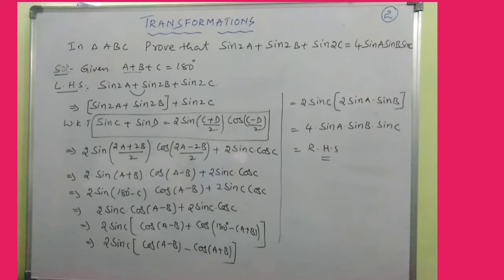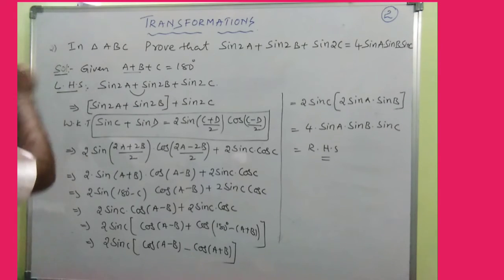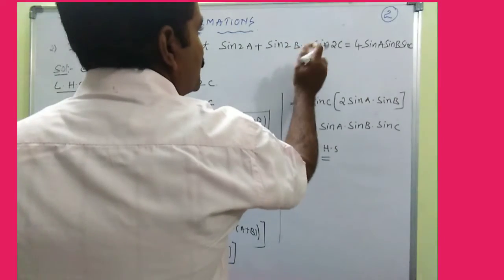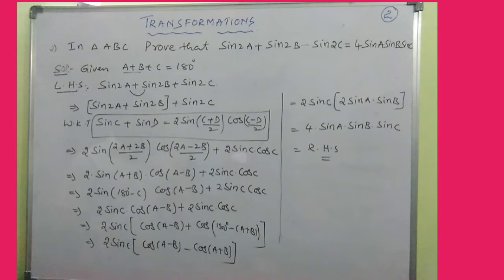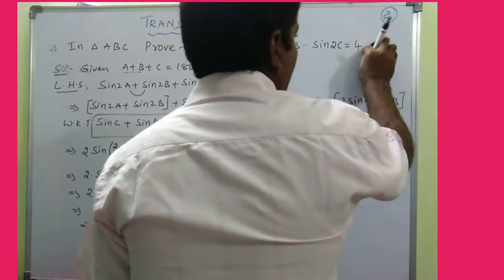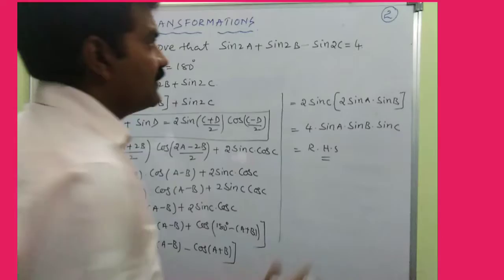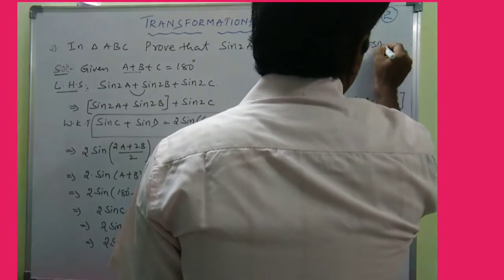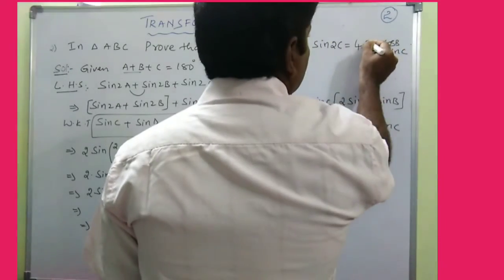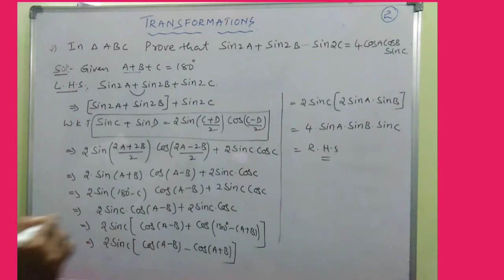Okay, now see, sometimes the question can be like this. Question number 2. In a triangle ABC, sin 2A plus sin 2B, suppose if it is minus, then you know the answer is 4 cos A into cos B into sin C. See here, suppose if it is minus,